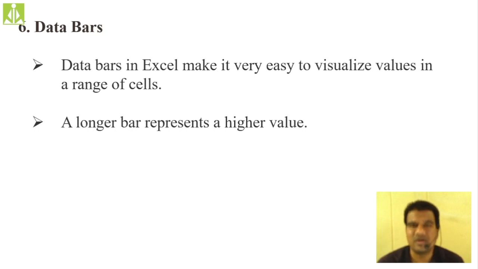It may go 5.5 or it may go 4.5, like that. The specific values are not at all required. Just the bar graphs, just the assumptions, are enough. So simply by seeing that bar graph, that data bar, I can estimate that my company is running in profit. That's enough for me.